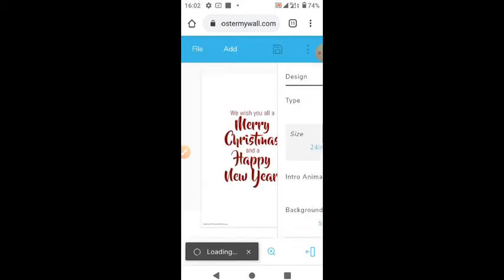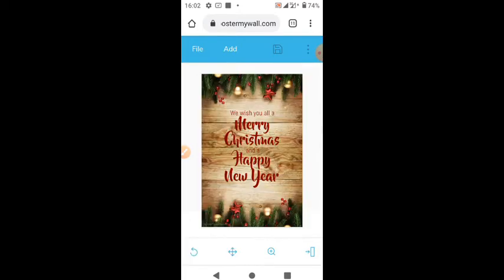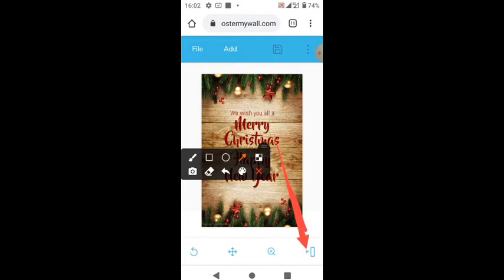After it has finished loading, this button over here allows you to type your text. This one allows you to increase the size of the flyer, and this one is undo.